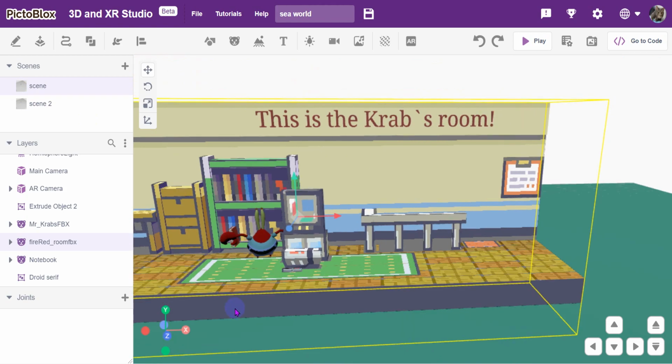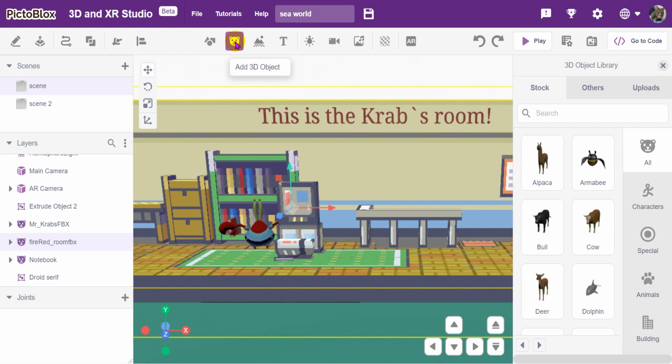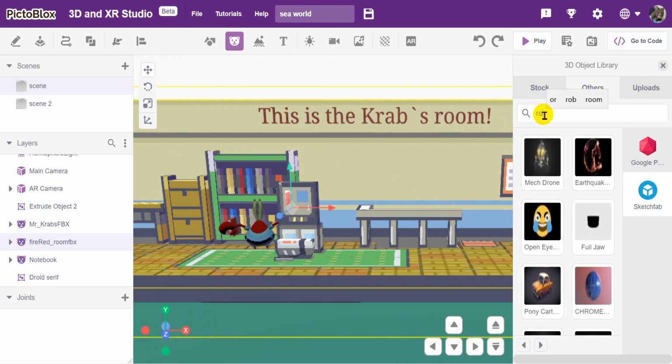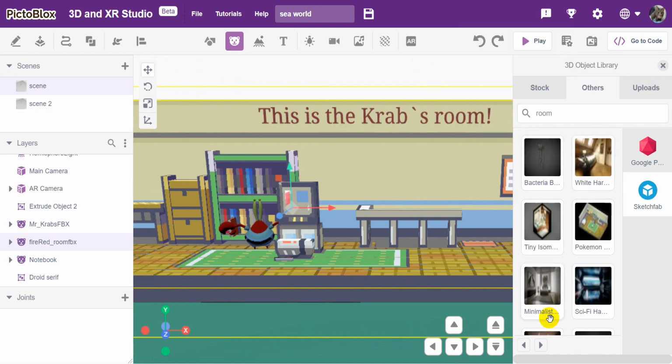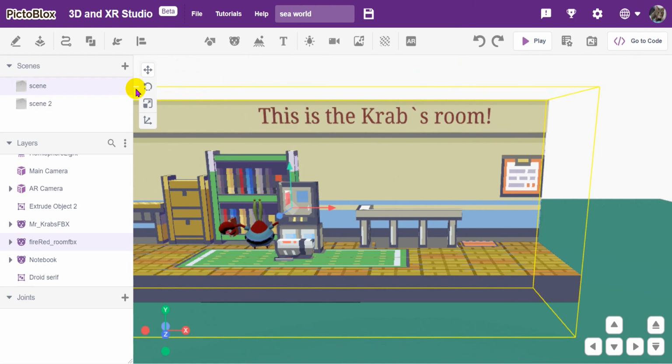For example, this model of room I downloaded from this Add 3D object, click others, and I use models from Google Poly and Sketchfab. Please type, for example, room, and you may find, for example, Pokemon bedroom, etc. And this room for Krabs, I use the same way. And I downloaded Krabs. I think, for example, little children